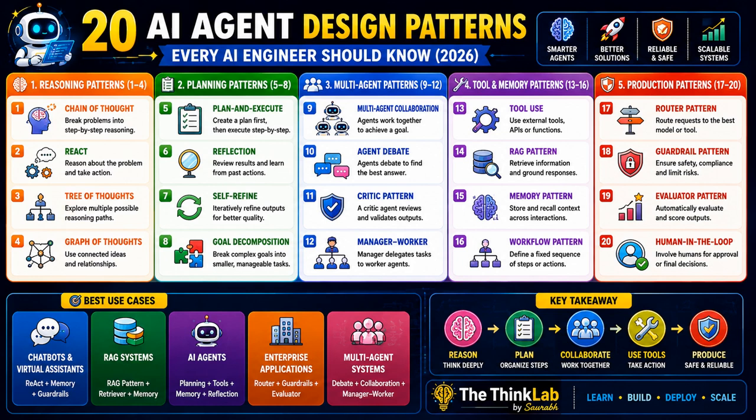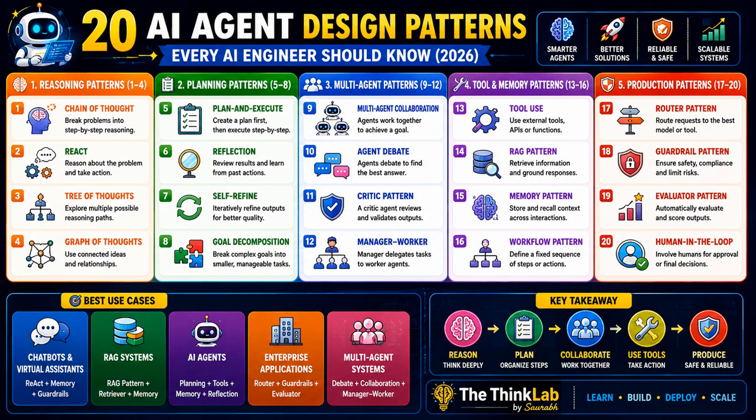Now we are moving to point number 9, the multi-agent collaboration. Instead of one AI, multiple AI agents work together, and each agent has a different responsibility. Together they solve the larger problem, right? Previously we discussed goal decomposition. First we perform goal decomposition, and then it is also used in multi-agent collaboration, because in multi-agent systems they work with different agents, and each agent has a different responsibility,